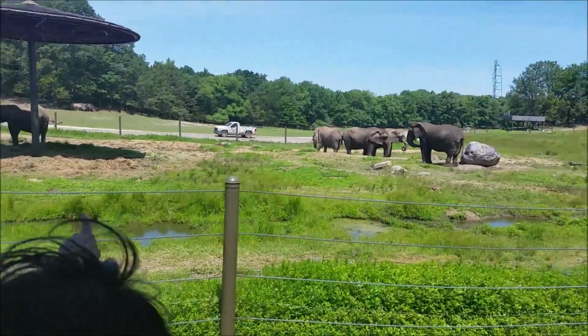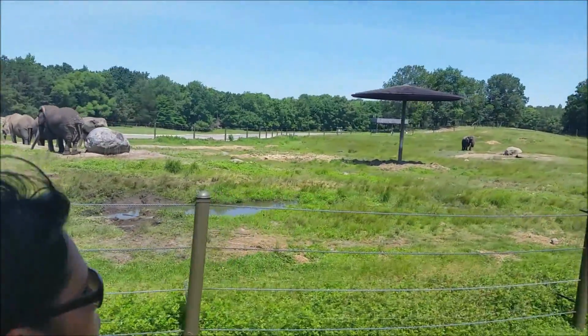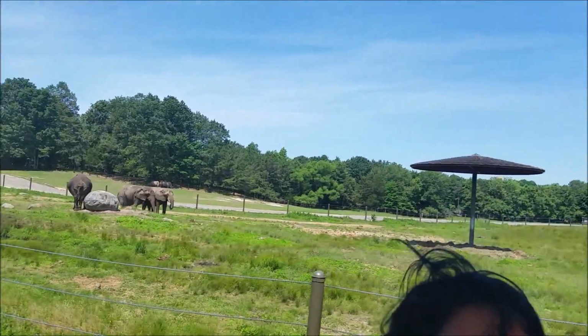And you'll also notice they have immense control over those trunks. Those trunks have over 1,000 muscles in them, and they can pick up something as small as a nickel or something as big